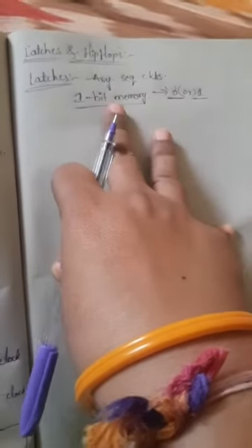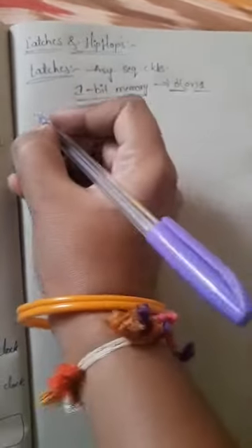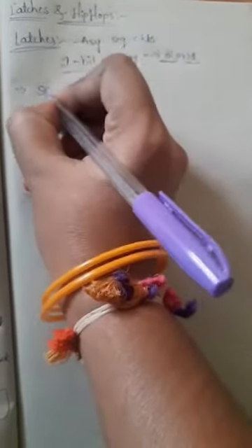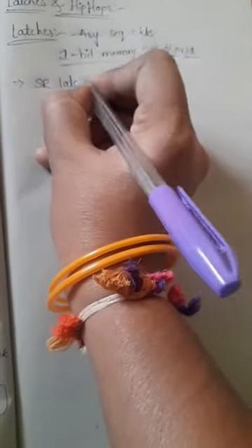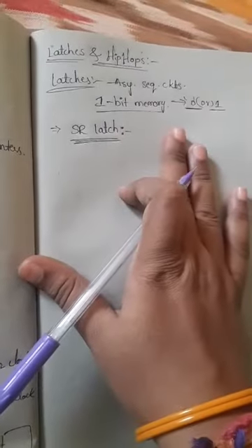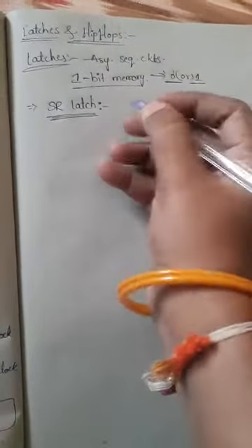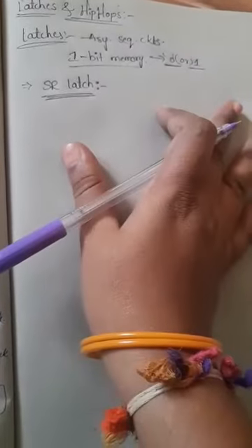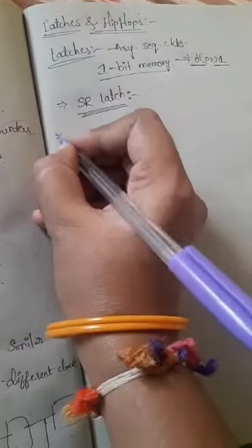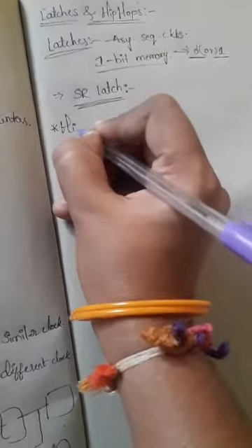Generally these latches are classified into many types. We have types of latches like the SR latch and D latch. So many latches are there, but nowadays we are using the SR latch only, so remember this one. These latches can be used in the flip-flop version. So this is the latches version, and now coming to the next concept, flip-flops.